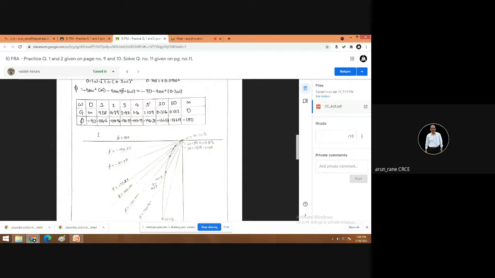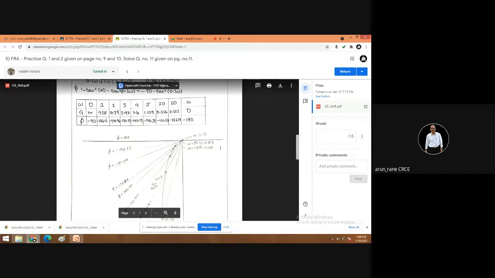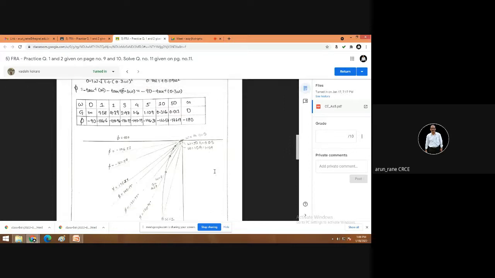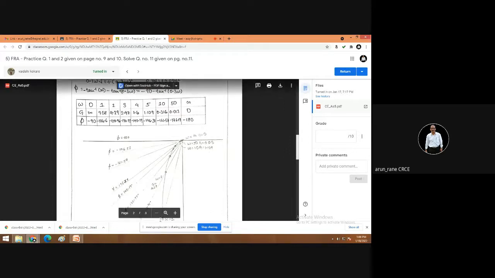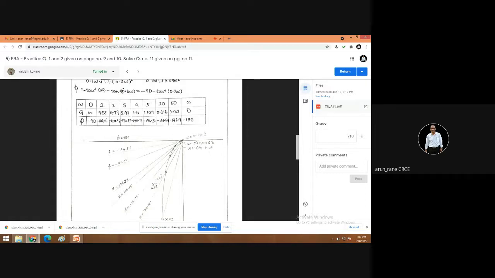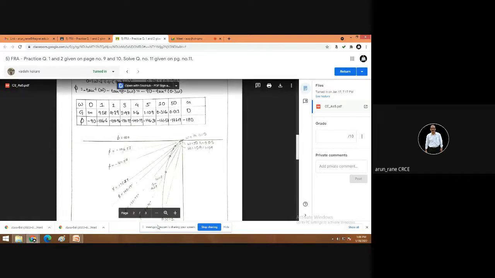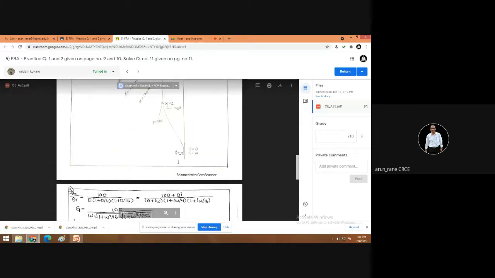As I told, second degree equation, it will end in, if you take this as the first quadrant, this will be the second quadrant, so it will end in this, and this is minus 180. Now mark the points. So g is infinity, so this is coming from infinity, right? So the arrow should be reversed here.